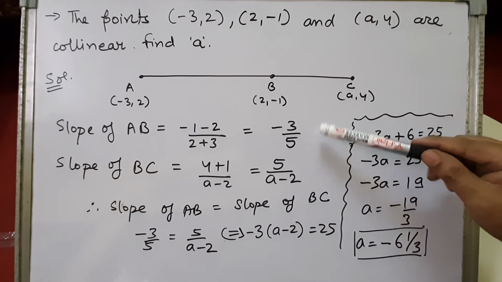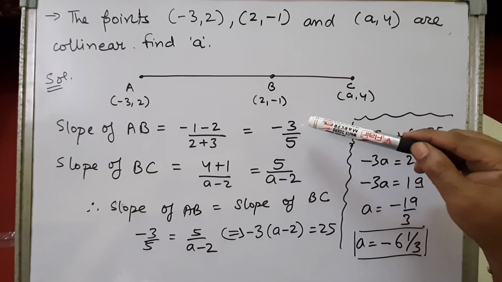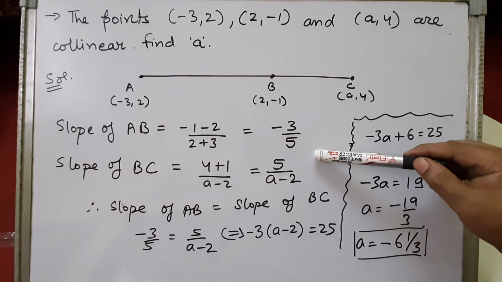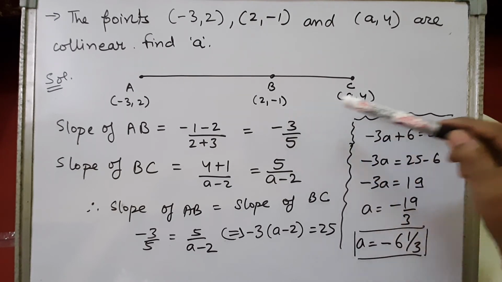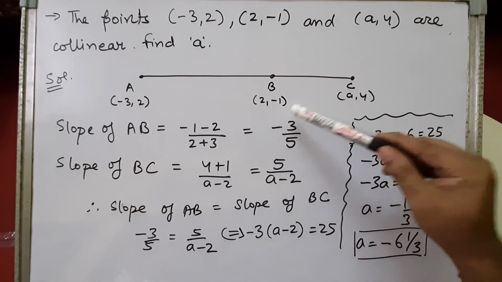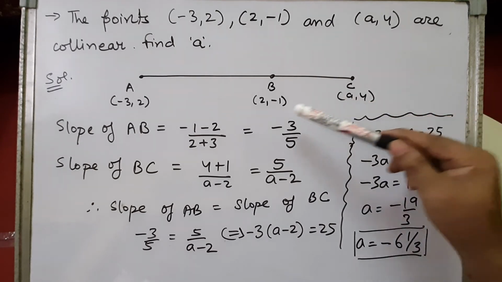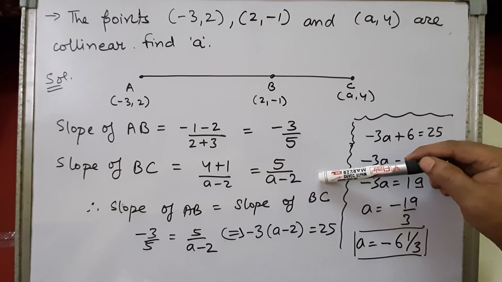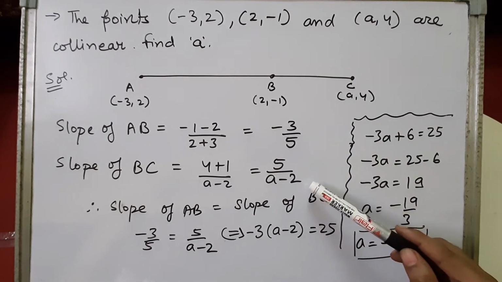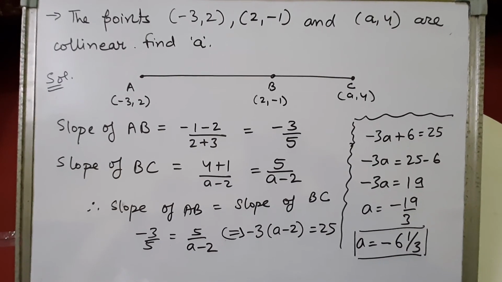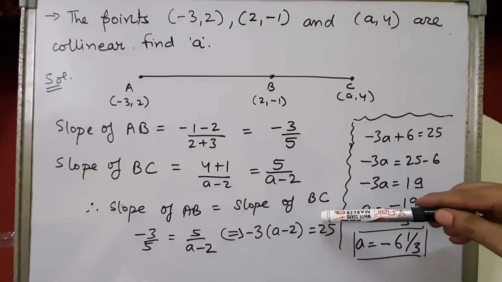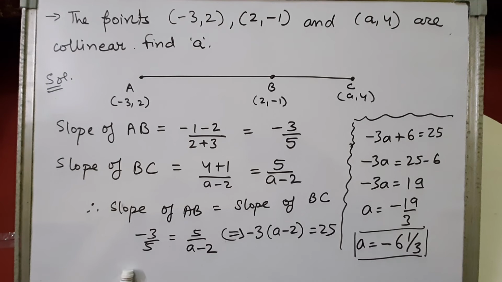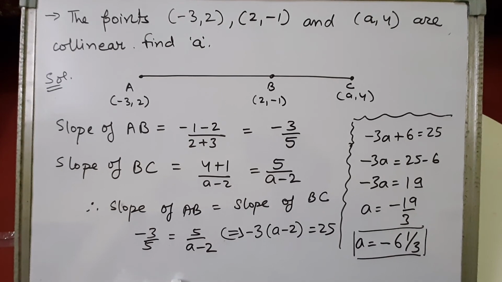So the AB slope will be y2 minus y1 upon x2 minus x1. We'll get minus 1 minus 2 upon 2 plus 3, which is minus 3 by 5, right? And if we calculate the slope of BC, this is x1, y1, this is x2, y2, y2 minus y1 upon x2 minus x1. We'll get the slope of BC as 5 upon A minus 2. All right. Now the slope of AB and the slope of BC will be the same. So when we equate both the slopes, that is minus 3 upon 5 equals 5 upon A minus 2,